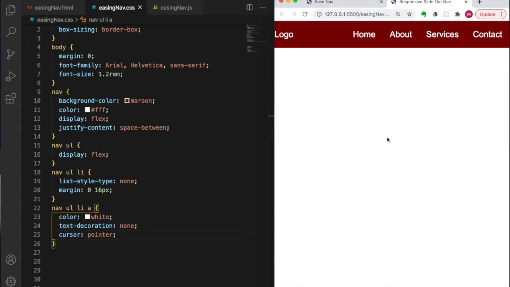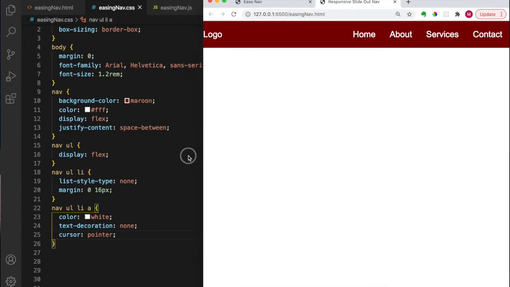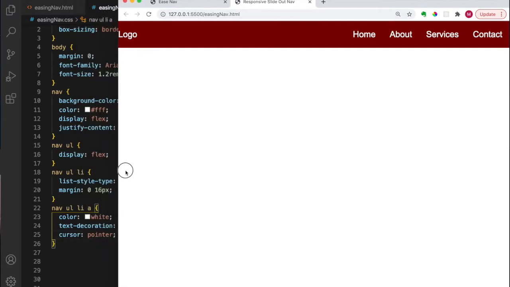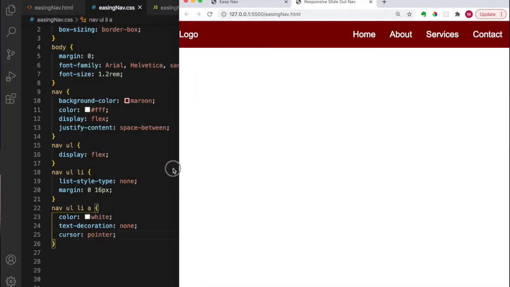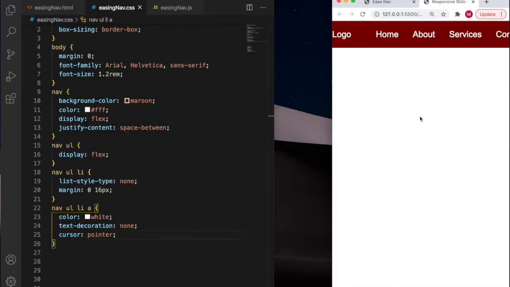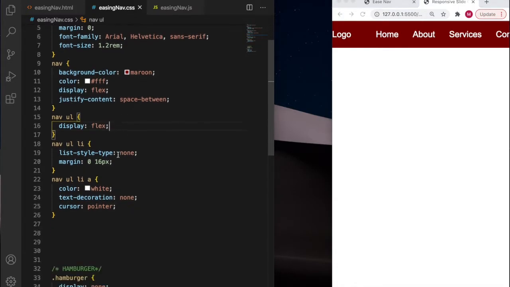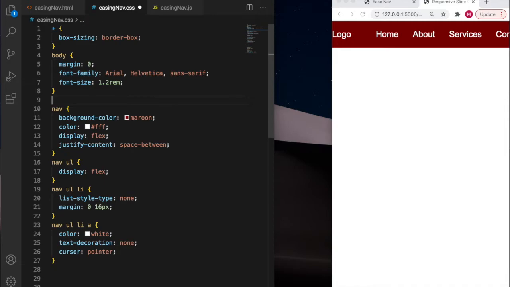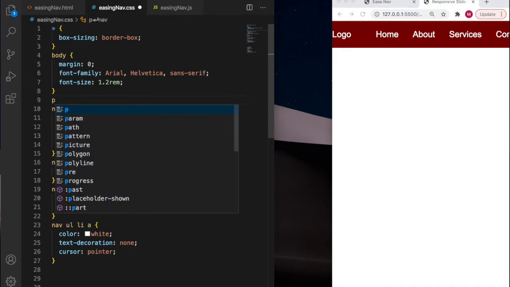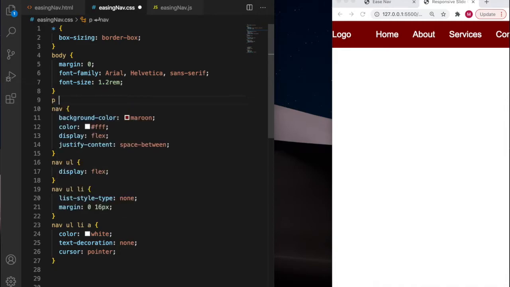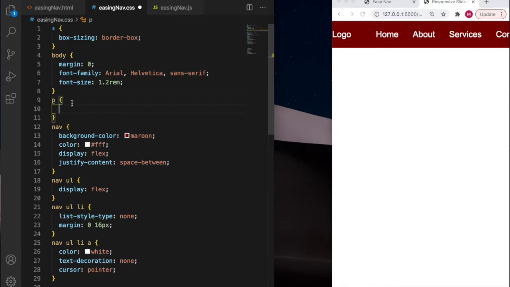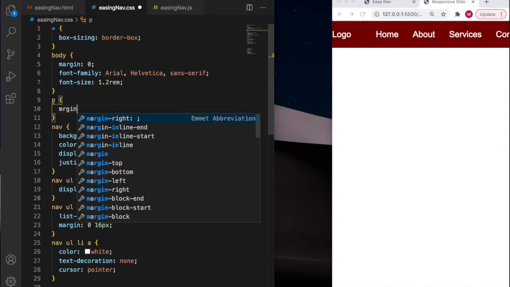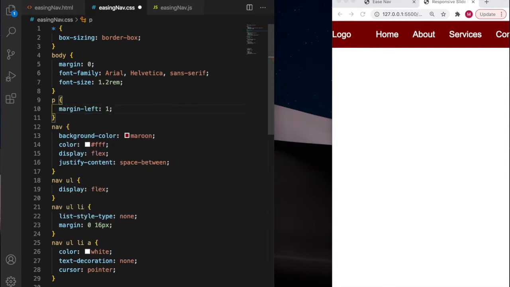So, that's looking nice. Let's just open up the browser, and we can see that the logo is sort of smashed up on the left-hand side. So let's just go for, I'm going to come under the body. All I've got is one P tag for now. So I'll go on the P tag and give it a margin left of, let's go 16 pixels,